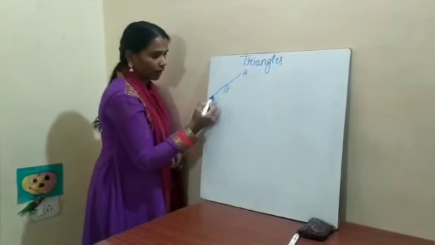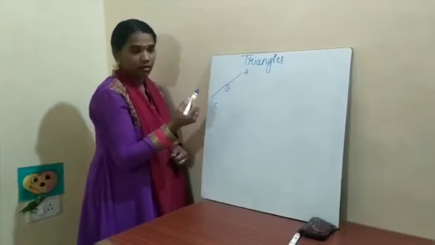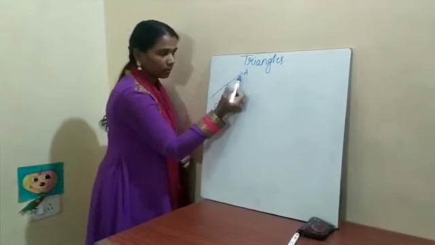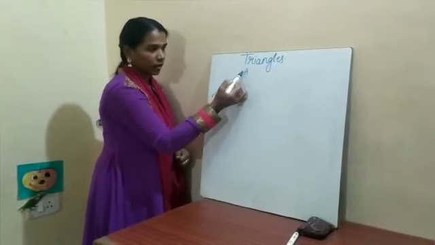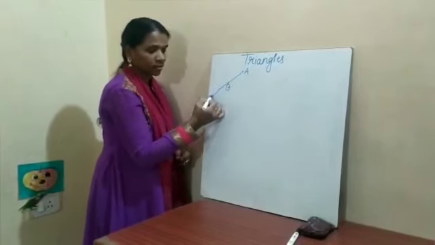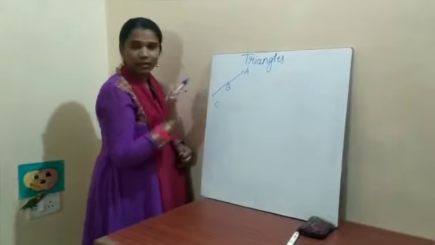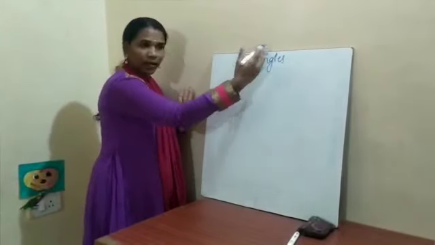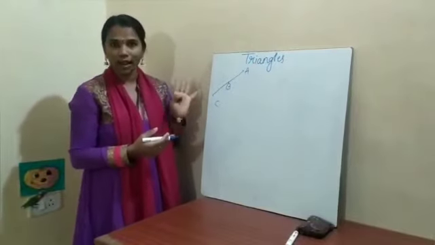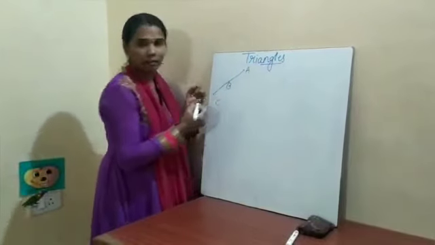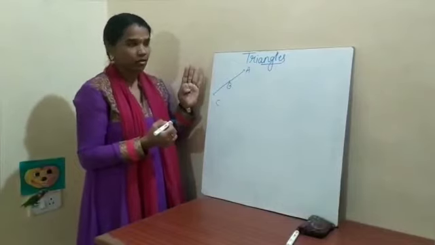So what do I get? I get a line segment. This is called a line segment because it has fixed endpoints. So AB is a line segment and BC is a line segment. Also AC is a line segment, which cannot be extended further. So it is called a line segment. I did not get any angles here. So what to do now?